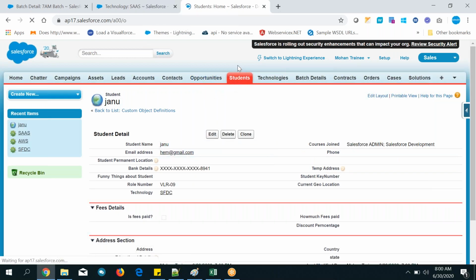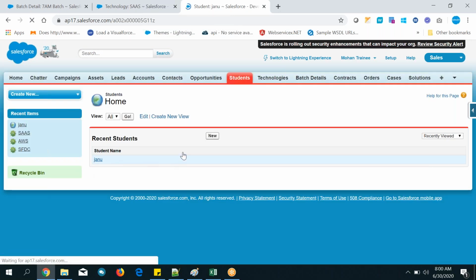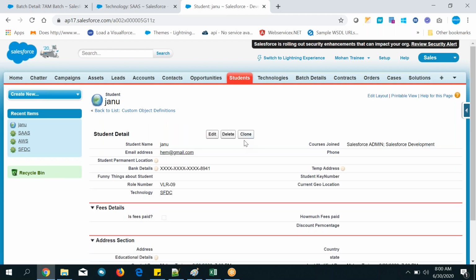Let me clone it. We have not seen the clone button, right? You cannot restore like this. There is another option to restore it: with the data loader you can do it. If you restore it, it will throw errors because the master detail field is empty. That is the reason you will get errors. It won't restore it. There is another technique, and the topic is not covered at the time. You will get to know. Now you need to clone it.